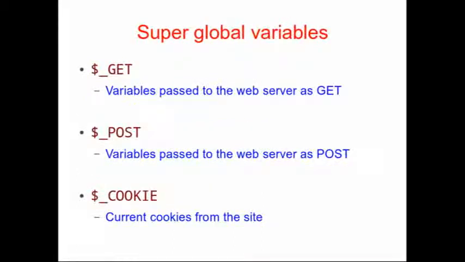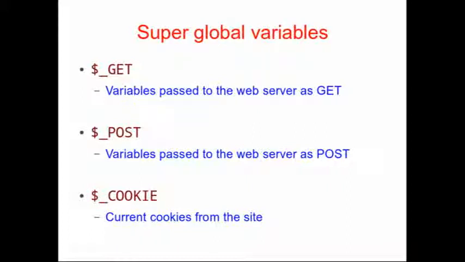There are some variables that are really important for web programming. The 3 in particular that you'll use the most are get, post, and cookie. When you call a website and you pass in variables from a form or from the URL, those variables are passed as either get or